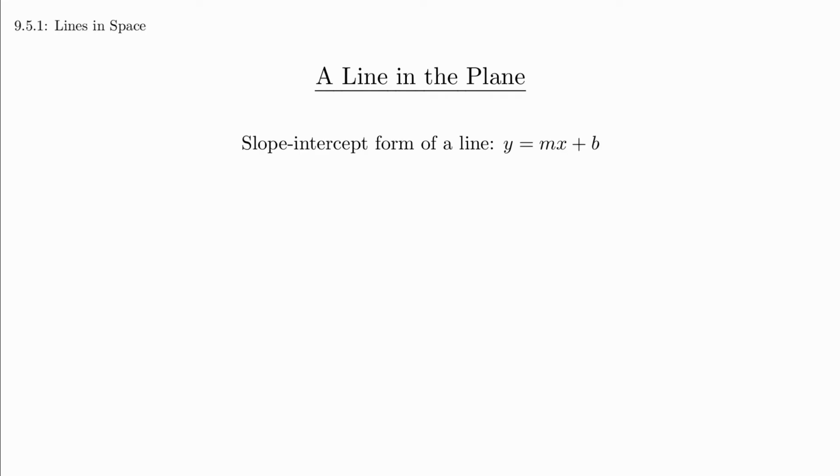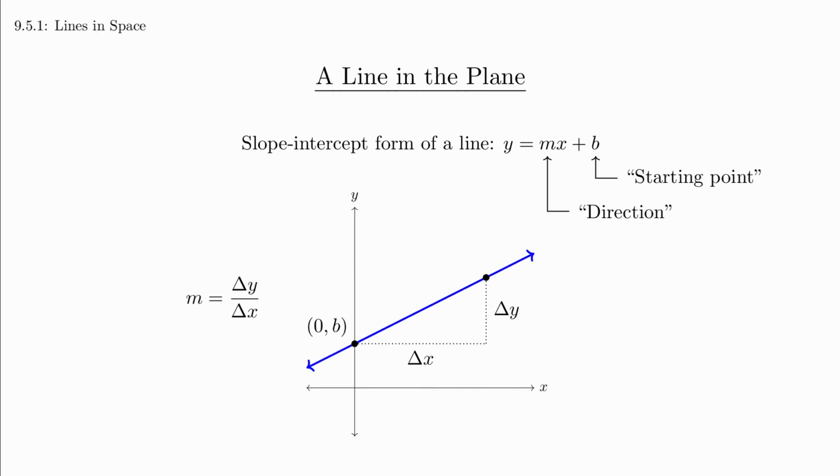As we continue expanding our perspective of three-dimensional space, it makes sense that we should spend some time thinking about some basic shapes. One of the most basic shapes to work with is a line. In 2 dimensions, we often represented the equation of a line using slope-intercept form. If we think about graphing a line from this equation, the intercept gives us a starting position, and the slope gives us a direction. While it may seem simple, this framework turns out to be useful for thinking about lines